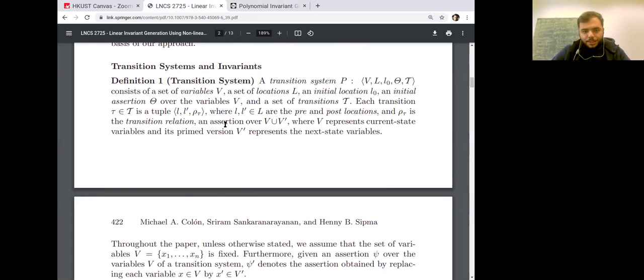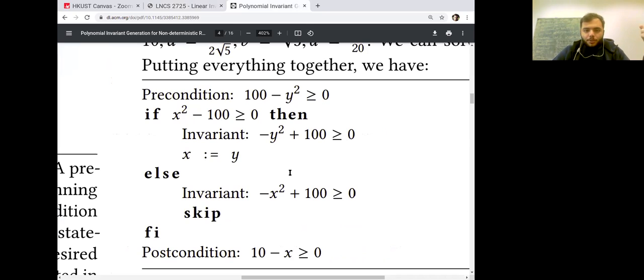And then every transition also has something that is called a transition relation. And in this case, the notation is rho of tau. So tau is the transition, and the relation of this transition is rho of tau. And what is this relation? Well, it basically encodes two things. It encodes the condition that should be satisfied in order to take this transition, and also the updates that happen to the variables. So for example, if I want to transition from this if into the then part, then I